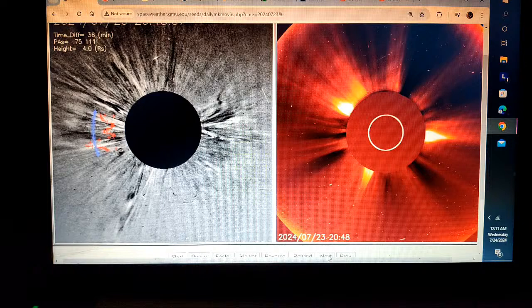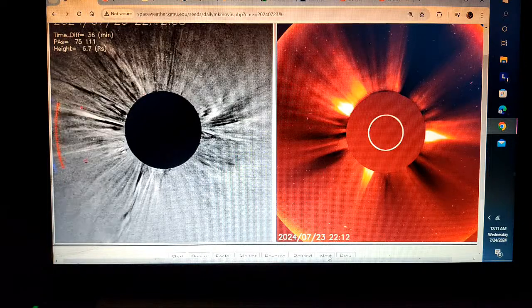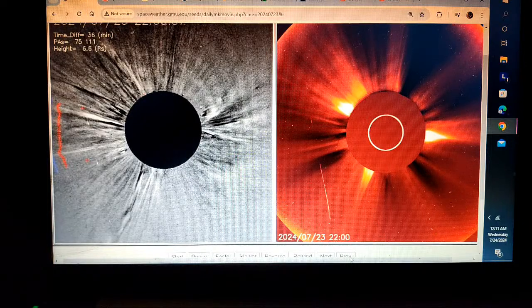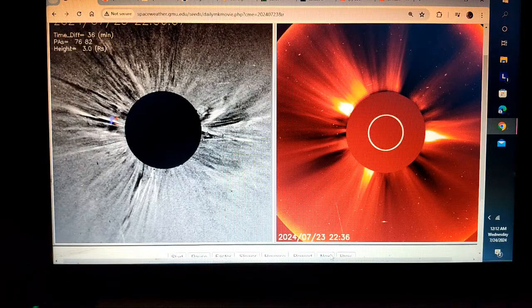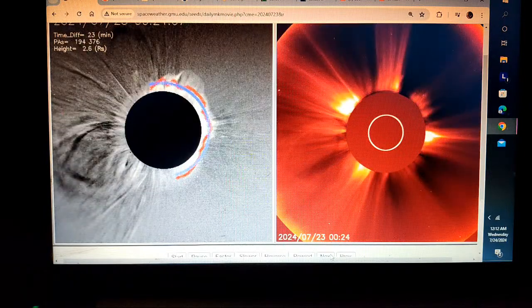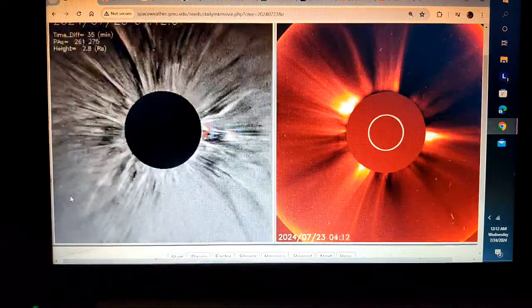Bingo. Ooh, another weird streak right there. That one has a bend in it too. Slight little bend in it. Usually the reflections are straight lines. That kind of tells me that's an object, which is no surprise because they're all over your skies. It's only increasing in activity every day.